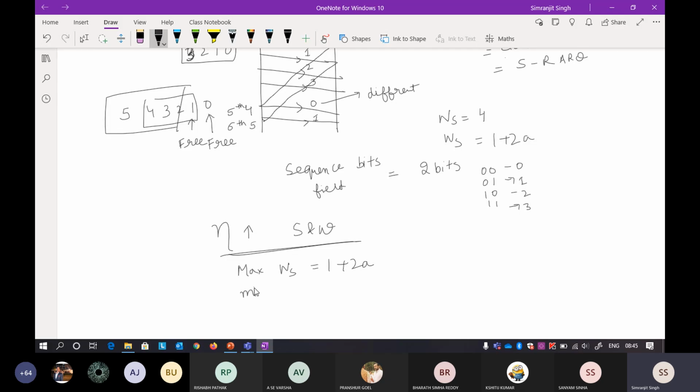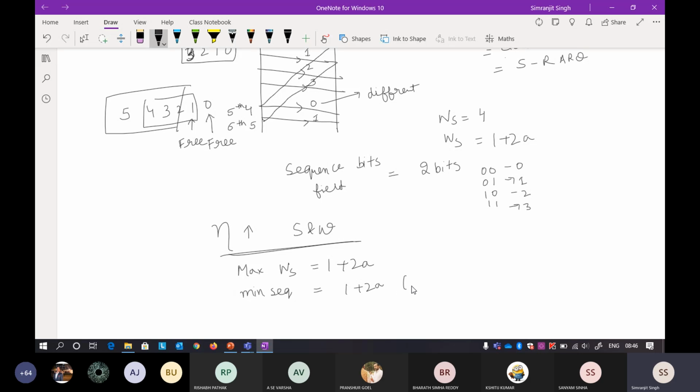The minimum sequence number field is also 1 plus 2a. You know that 1 plus 2a here was 4 milliseconds, and the minimum sequence number also requires 1 plus 2a. Here the minimum sequence number is 4: 0, 1, 2, 3. That is why I'm saying the minimum sequence number should be 1 plus 2a.